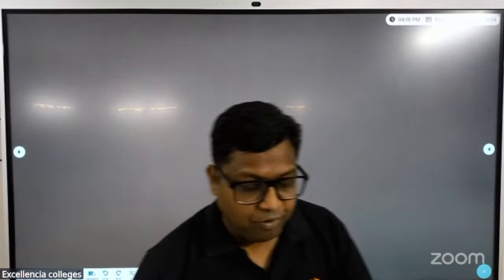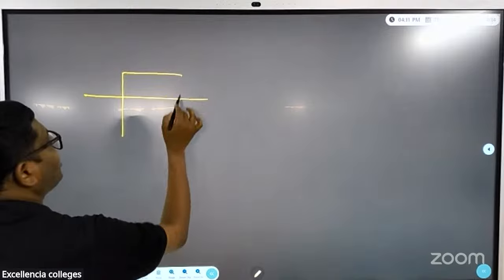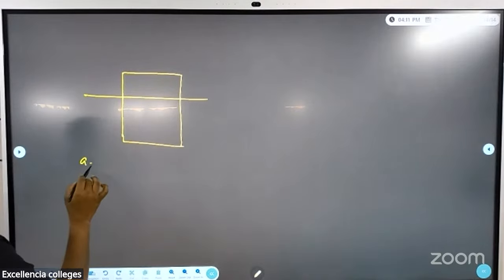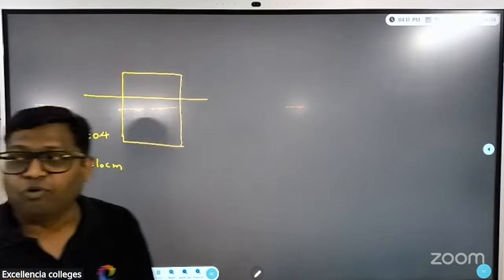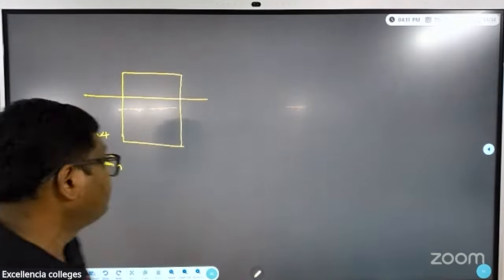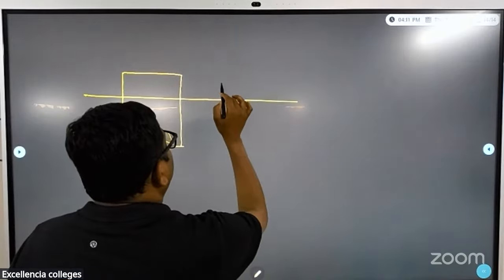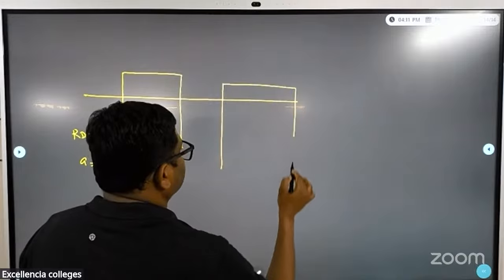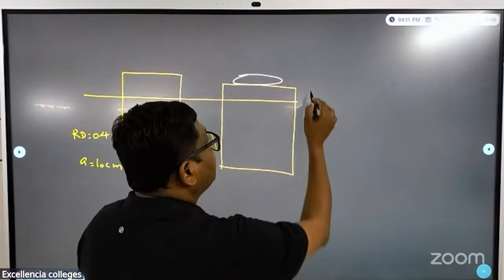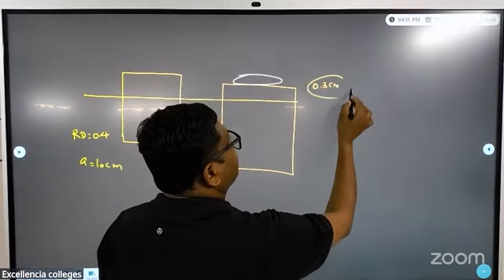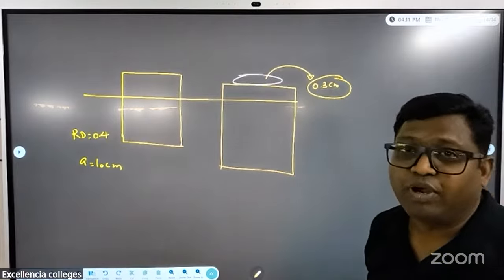This question came from fluid statics. There is a cube of side 10 centimeter. The relative density of the cube is 0.4. 0.4 means 40% of the cube will be immersed in water. They are going to place one small coin. When a small coin is placed, the cube will sink extra by 0.3 centimeter. So because of the coin, the whole structure goes down by another 0.3 centimeter.